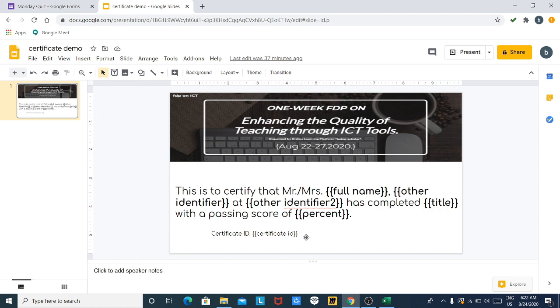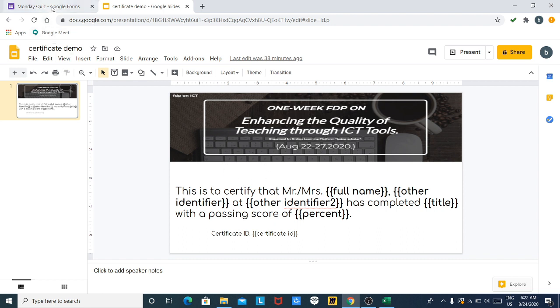I would suggest you take a screenshot of this image, so that you can create a certificate of your own in your Google Slides. You just have to add these things within curly braces. For example, two curly braces, full name, then again two curly braces, other identifier, then again two curly braces. In this manner, you can create a certificate of your own.